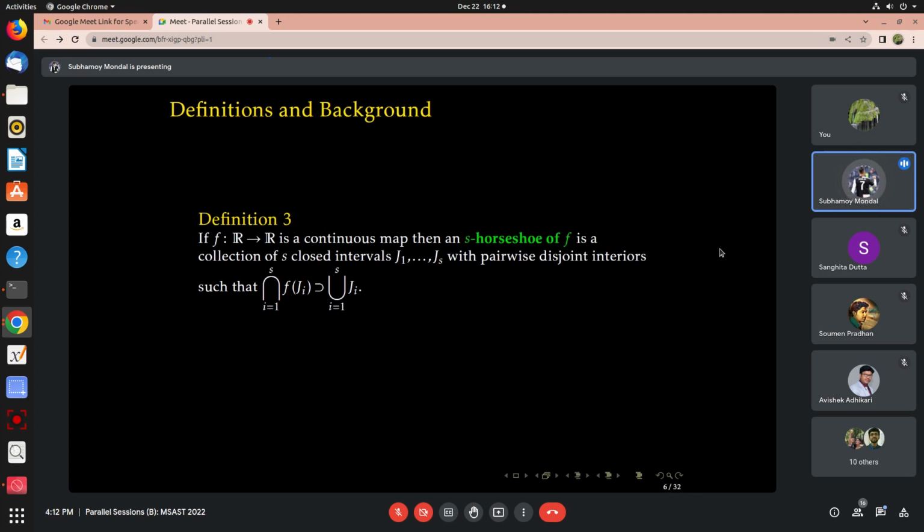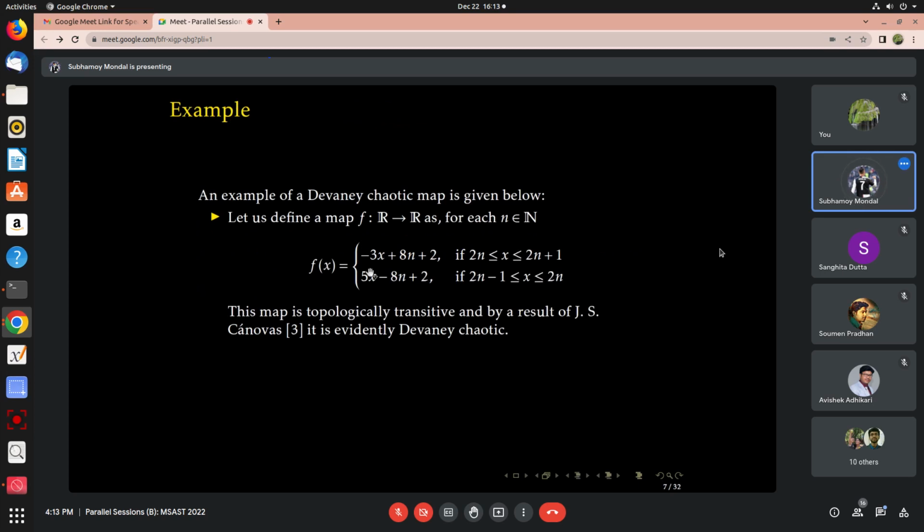Now, an S horseshoe for a real valued continuous map means we can have S closed intervals with pairwise disjoint interiors, such that the image of each J_i contains the union of the J_i's. This is an example of a topologically transitive map. One thing to be noted is that the slope of this map is greater than 1, and this will help us show that f is totally transitive. Total transitivity in that case forces f to be Devaney chaotic,